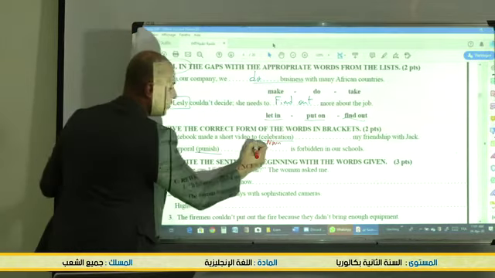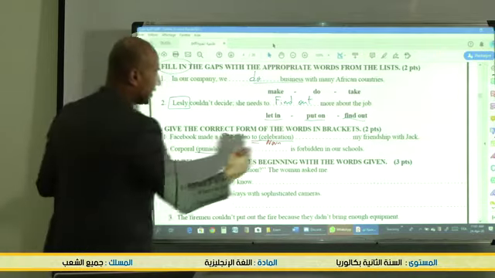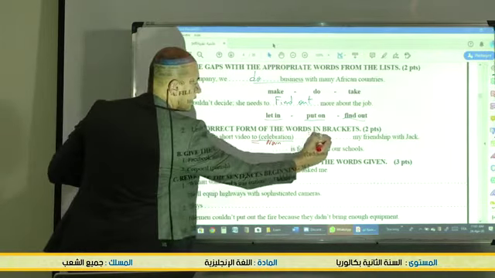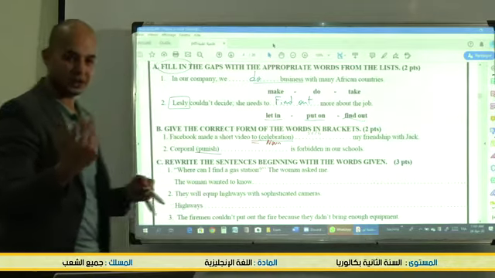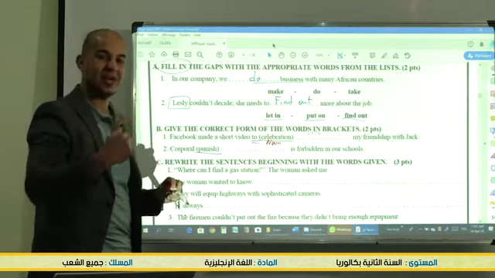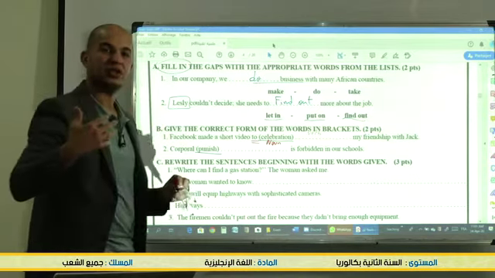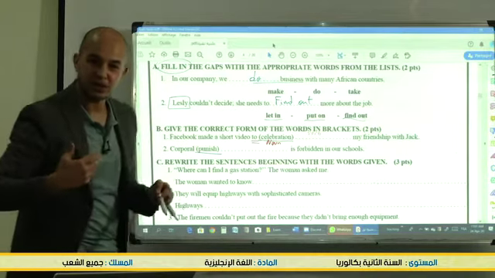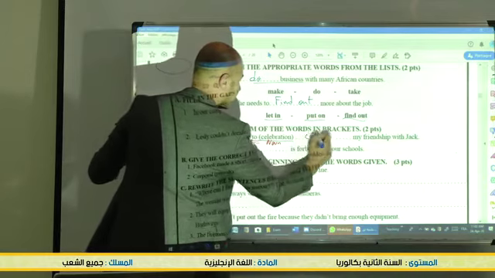Now, if you look here, we have to. What comes after to is a verb. So we need a verb here. What is the verb of celebration? Celebration, communication, immigration, immigrate, communicate, celebrate. Very good. So, to celebrate